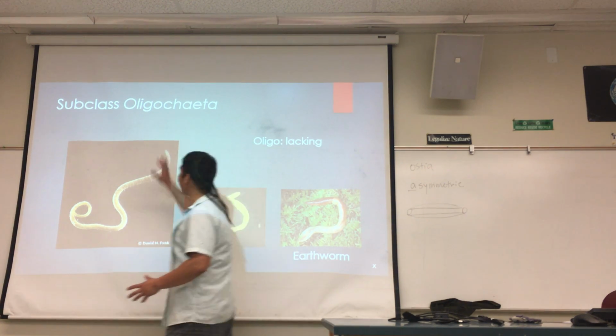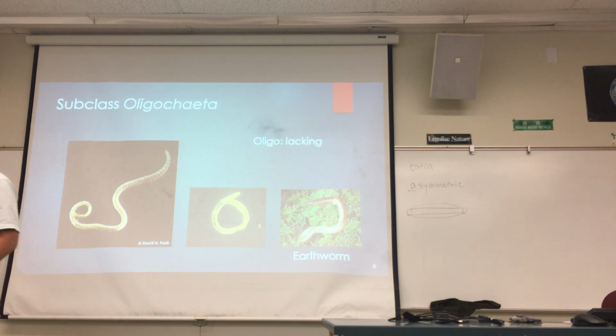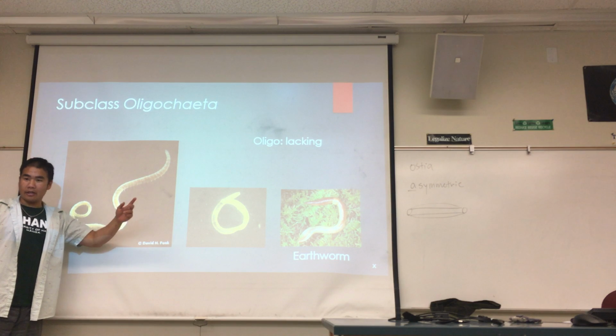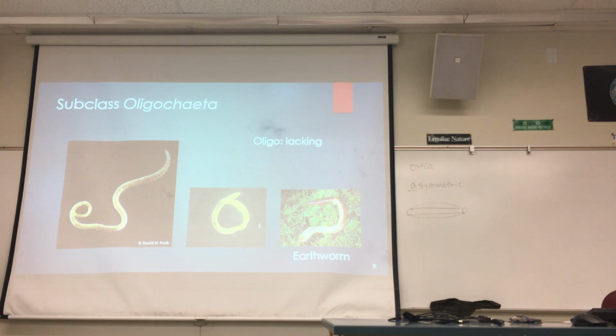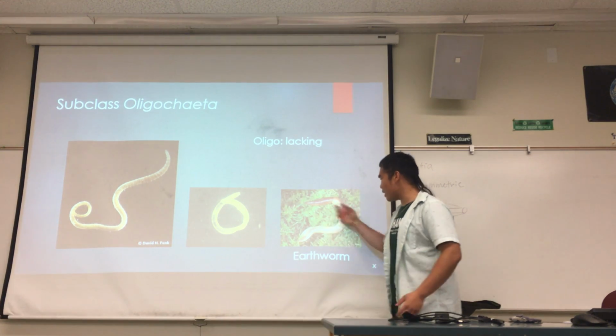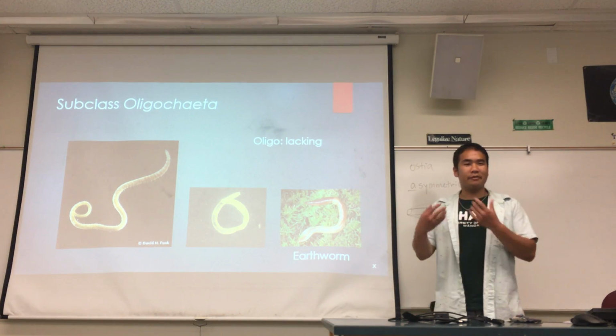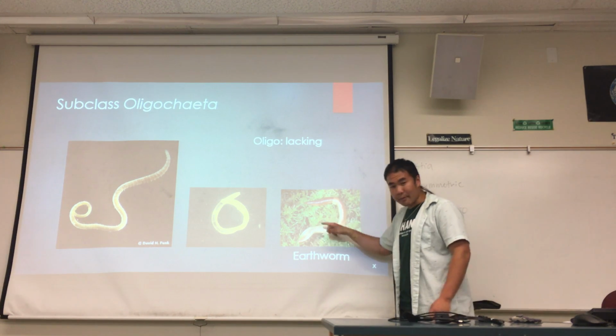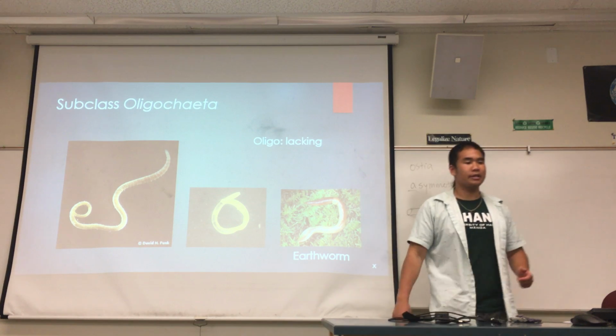Do we recognize oligo now? What was the other oligo word that we know? Oligotrophic, lacking nutrients. But this one, what are they lacking? The bristles. Lacking bristles, and they still have the segments, but they're a lot smoother. And this one is our terrestrial representative that we see every time it rains. They all come to the surface, or else they'll drown. But yeah, we got these earthworms, and they got segments for sure, but they don't have the bristles because they are